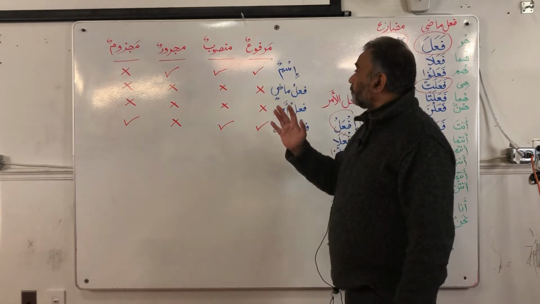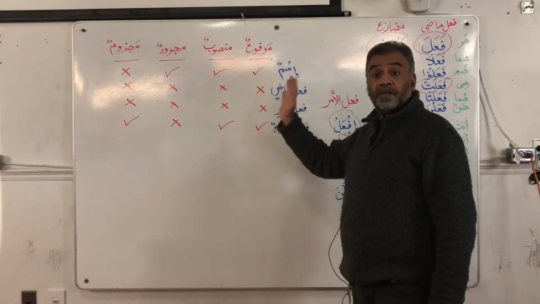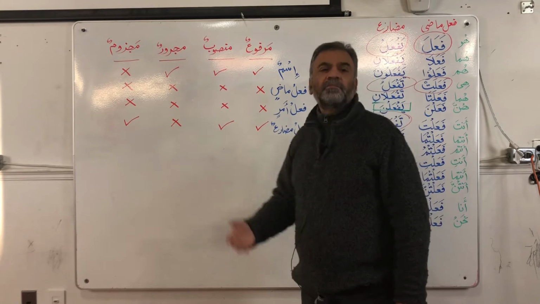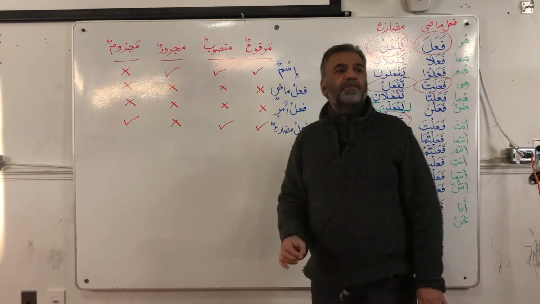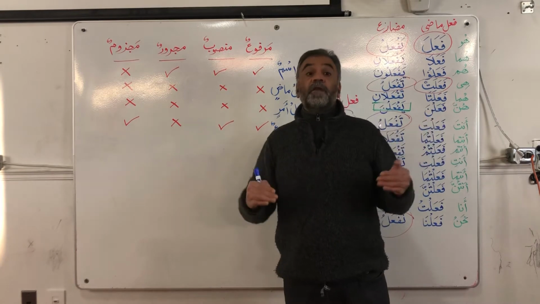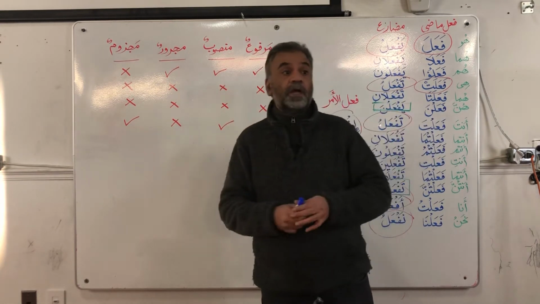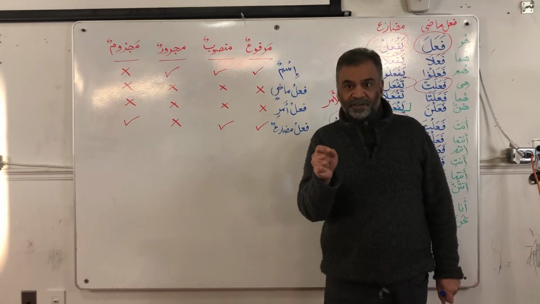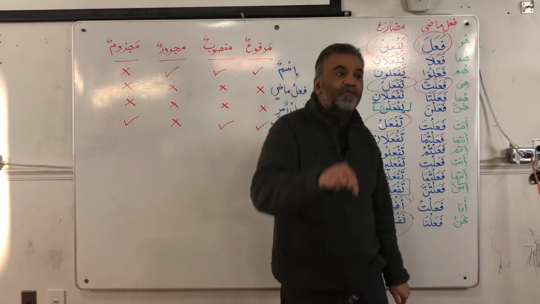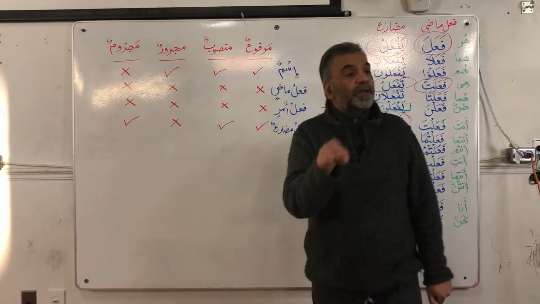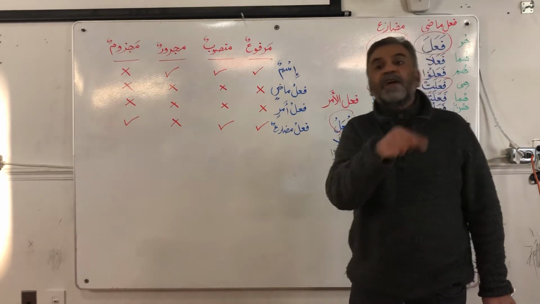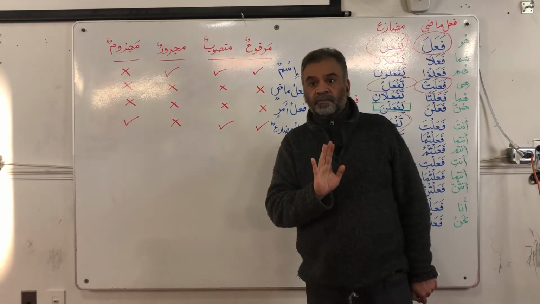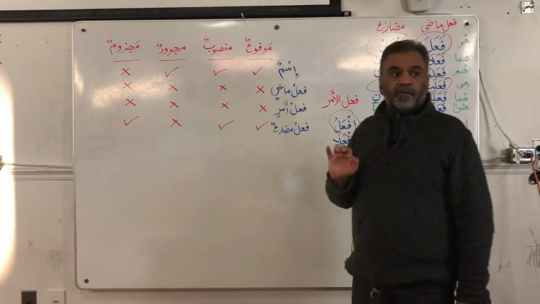So, very important: ism, a noun, can be marfu, mansoob, and majroor, but never majzoom. We don't have to say that, but we think about it that way. When we are reading the Quran and the ism comes in, the grammatical value that we would give to the ism could be in a marfu form, a mansoob form, or a majroor form. But we never give a grammatical value of majzoom to an ism or noun, right? So, that is ism, it is very easy, we know that.